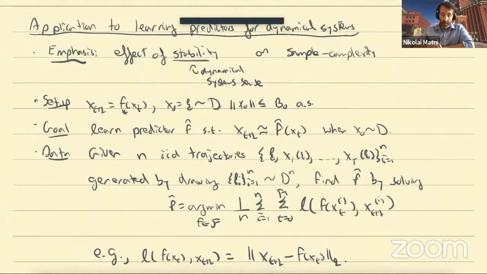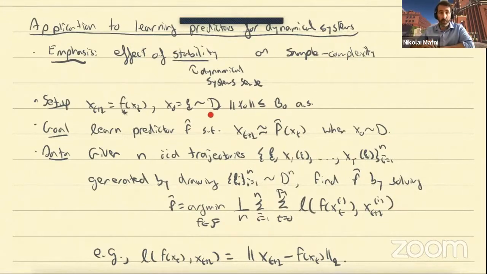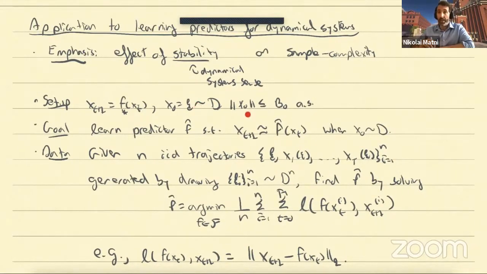So my setup is I have some nonlinear dynamical system characterized by, I'll call it f star of x of t, to disambiguate it from all the other f's that are going to pop up. My initial conditions are going to be drawn from some distribution. This is, again, the only source of randomness that we'll look at. And we're going to make the assumption that our initial conditions are coming from some compact set, so that they're all going to satisfy some norm bound with probability 1 according to this distribution.